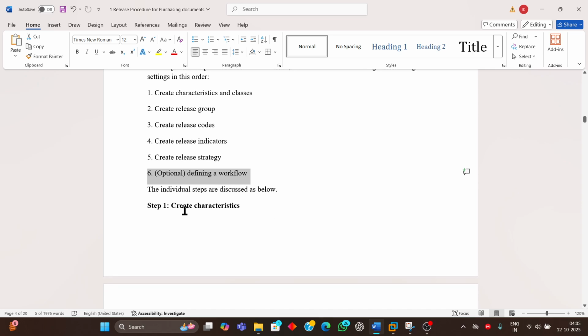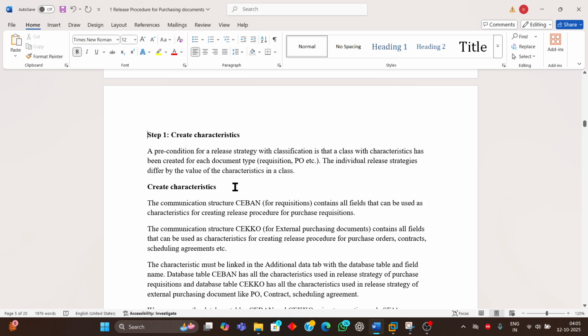First is step number 1. Create characteristics. We take it to the next page here. Characteristics here. A precondition for a release strategy with classification is that a class with characteristics has been created for each document type, that is for either the requisition or the purchase order. The individual release strategies differ by the value of the characteristics in a class. So characteristics, for example, here, let me